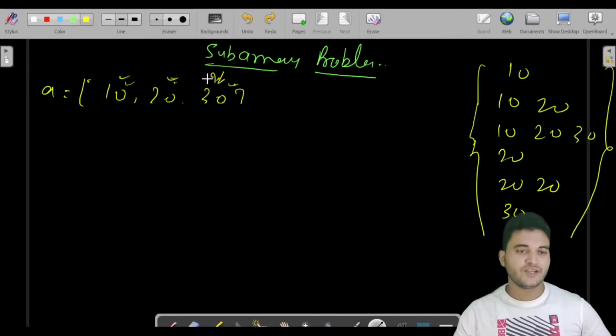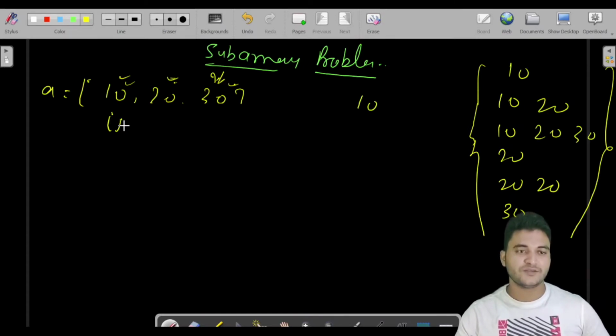Fine. So when I was generating the subarrays, in that explanation I showed you the logic. I told you we will start from here and go till here, start from here, go till here, start from here, go till here. This is the only logic which we would be using to generate all the subarrays. So let us say we have two pointers, i and j. Initially, we have to print all the elements from i to j. Here i to j is only one element, so we would print 10.